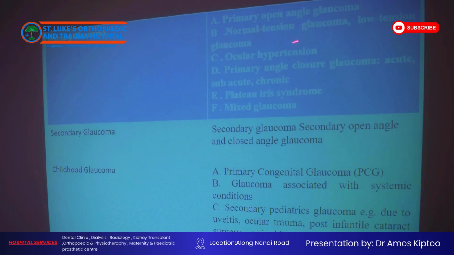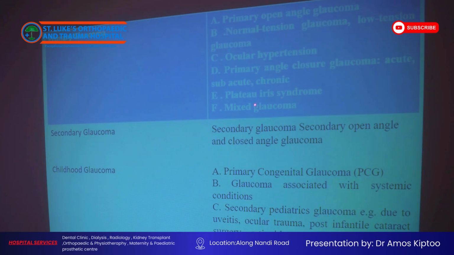We have ocular hypertension, where the pressure is high but it does not affect the vision, because when we talk of glaucoma, we are referring to changes in the visual field and high pressure,